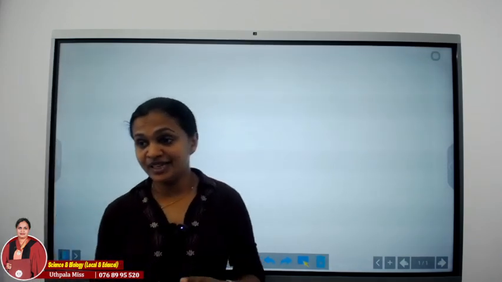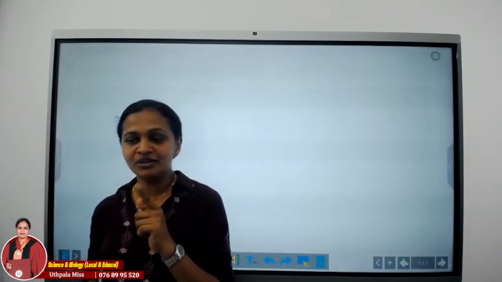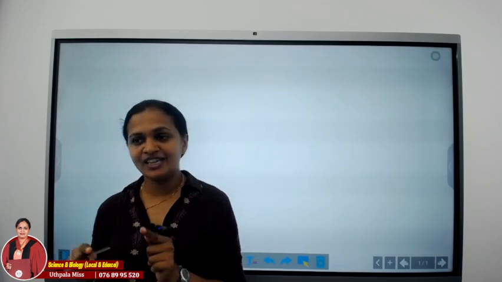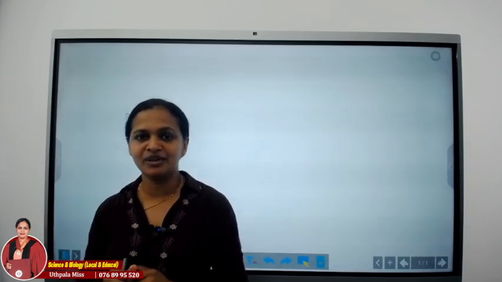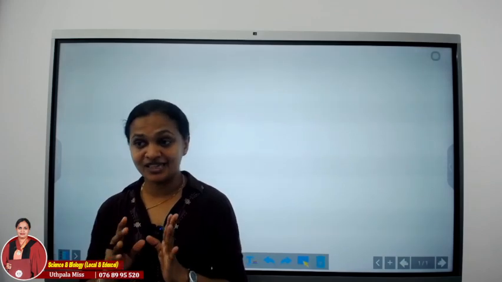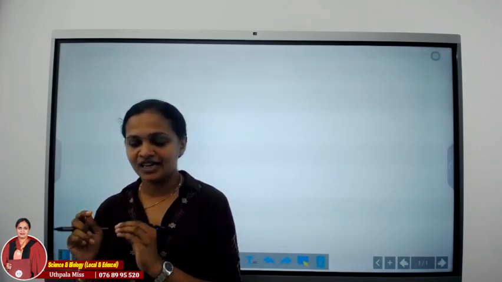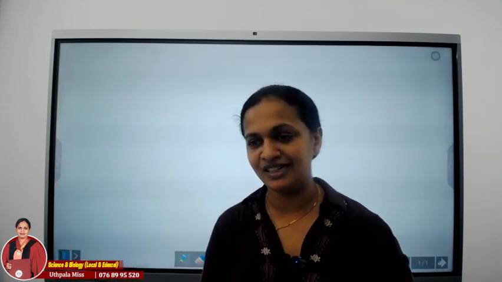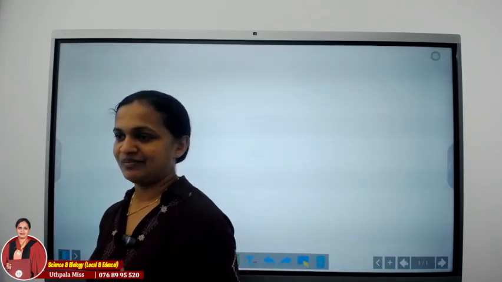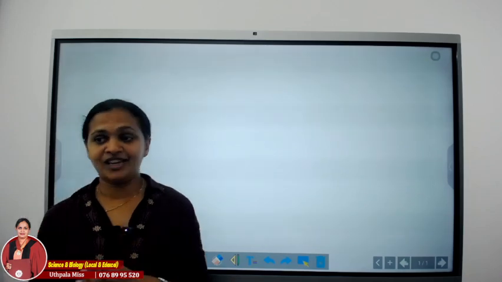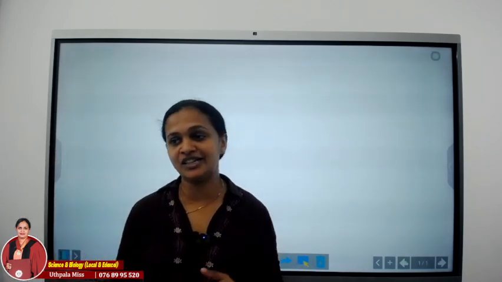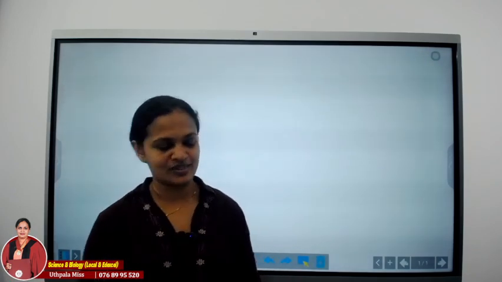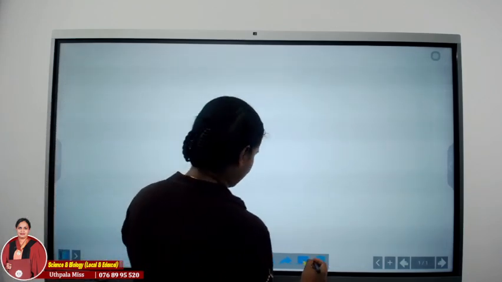A mixture is made out of components. And we can separate the components in a mixture, right? That's the most important lesson that we have to take out of it. Then after that we have to see what these separation techniques are, right? What are the separation techniques that we can use? Okay, we'll mention that.